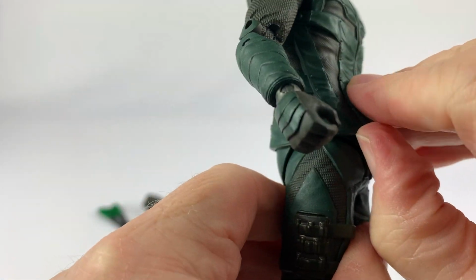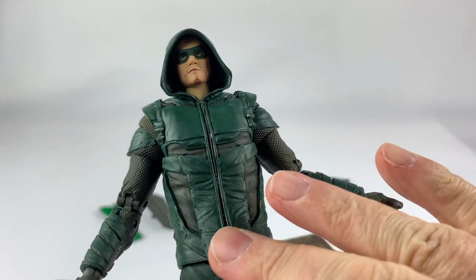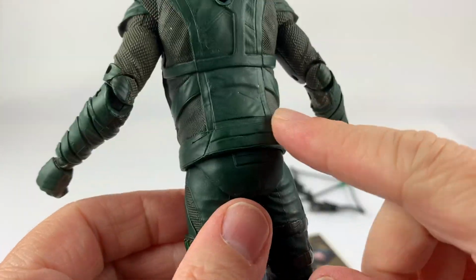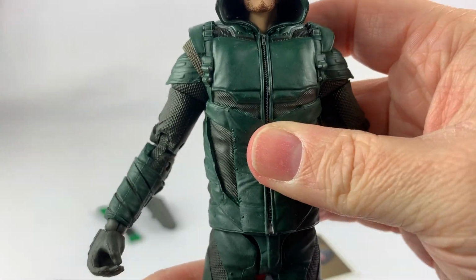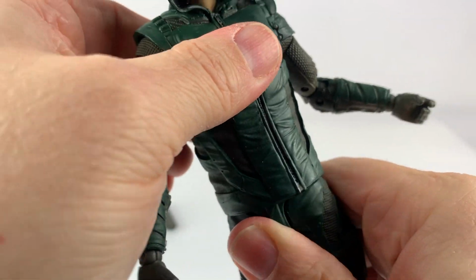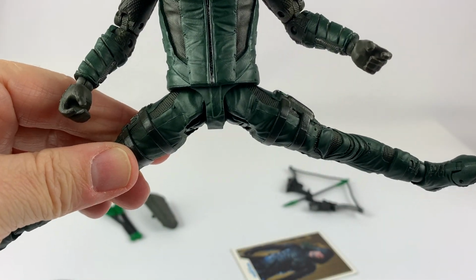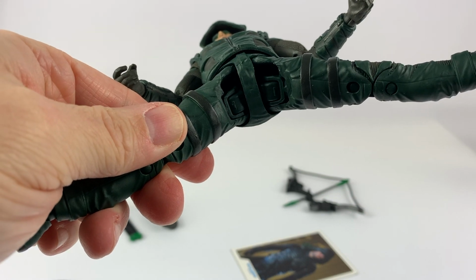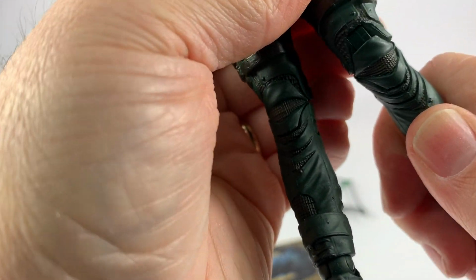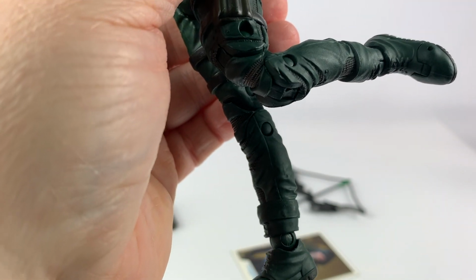He has this rubber jacket piece, which is, I mean, if I have something nice to say about the figure, I like this piece. It feels like it can be taken off, but obviously it can't. But it's a nice rubber. I don't know how to really describe that to you. He does turn at the waist. He has decent hips there with the cool little clicky, what I like to call the clicky joints, because they click when they move. Knees bend like so, and they are double jointed as well,